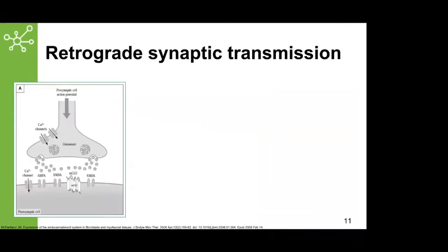Now let's walk through a simple action potential here. So we have our presynaptic neuron. Our action potential is going down. This is a stimulatory stimulus. So glutamate is being released due to calcium entry, which promotes exocytosis. The glutamate will bind to receptors on the postsynaptic cell and promote the message. Now, if that stimulation is too much, what happens is the